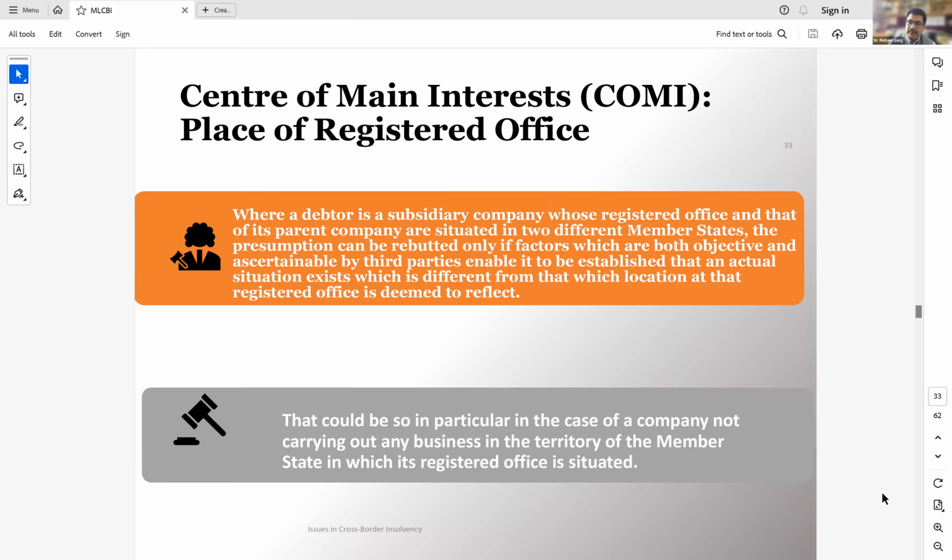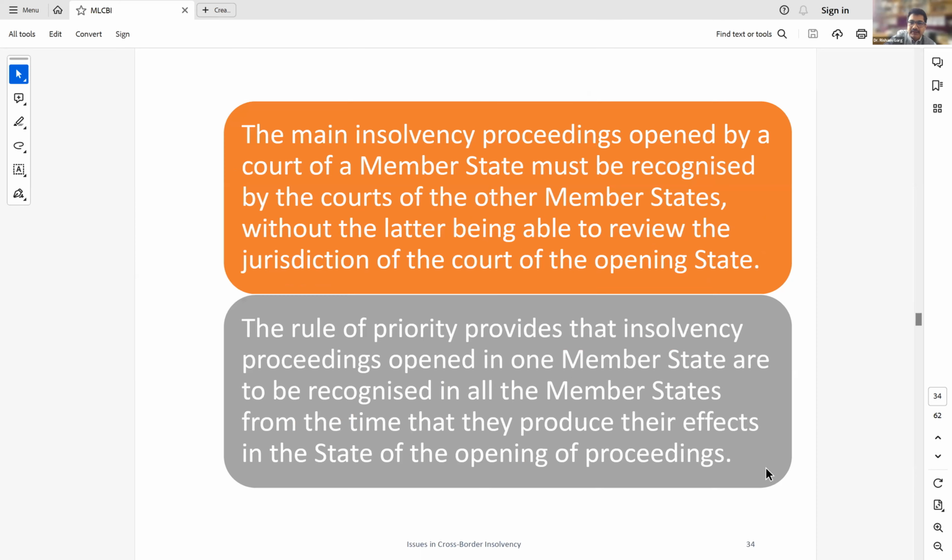So this presumption can be rebutted. So there is a presumption in favor of registered office to be the COMI, but this is not irrebuttable presumption. So now what are the grounds under which this presumption can be rebutted? So the grounds on which this presumption can be rebutted are basically that